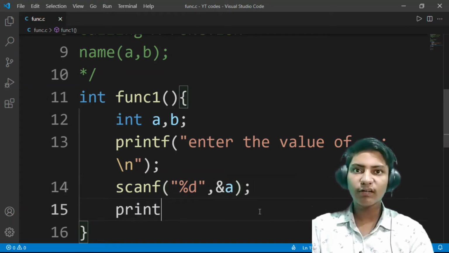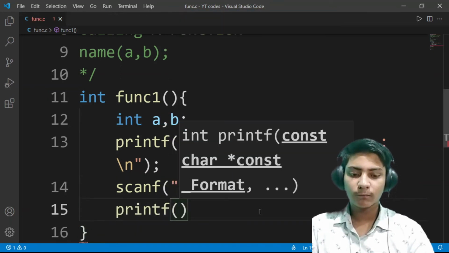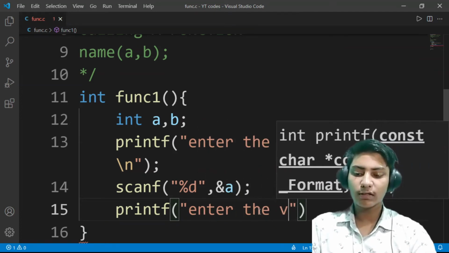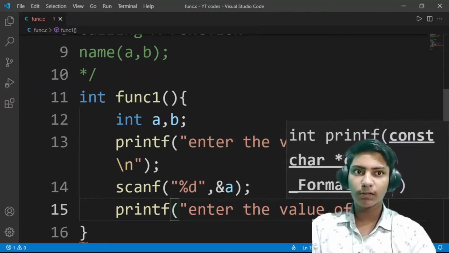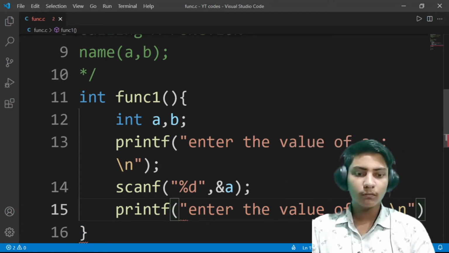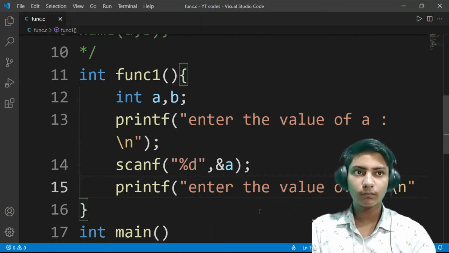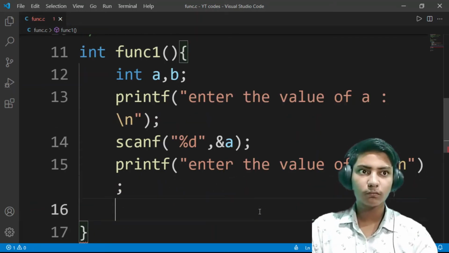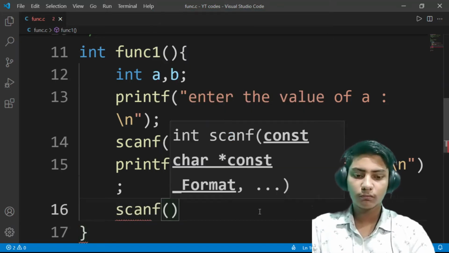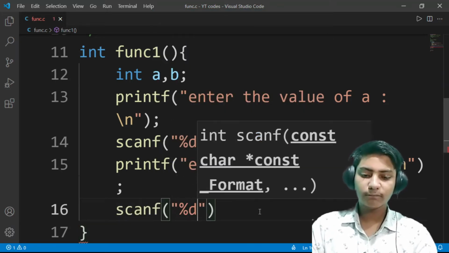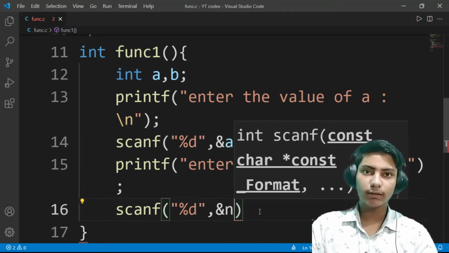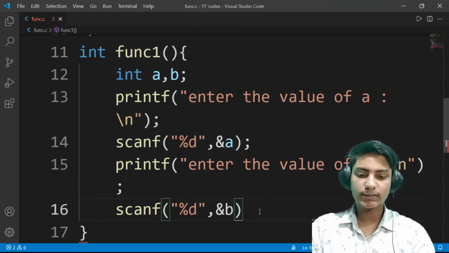Then another printf function, printf, enter the value of b, then new line character, and then semicolon, and then the scanf function, scanf percentage d comma ampersand b, then semicolon.